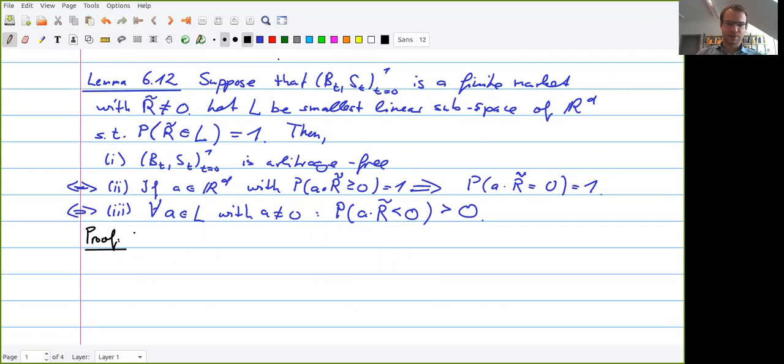So where do we start? Okay, let's start with the equivalence between 1 and 2. We have a lot of experience with characterizing no arbitrage in markets. So first, let me recall for you, if you want to show that the market is arbitrage free, and this is a simple market, well, this is arbitrage free if and only if